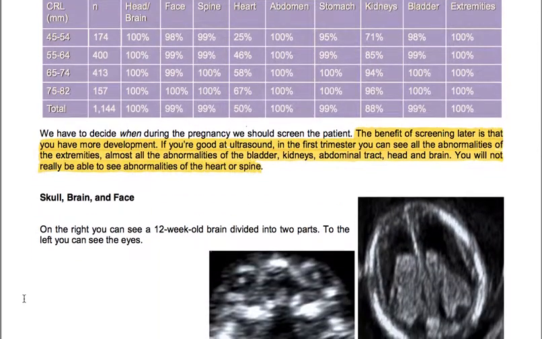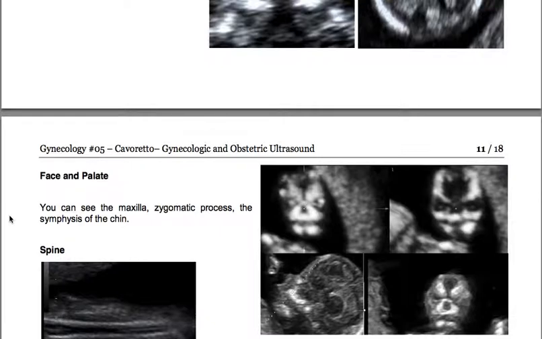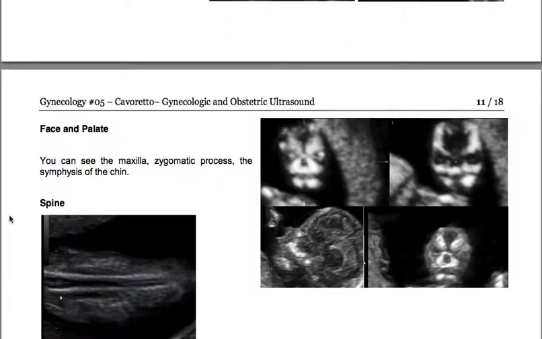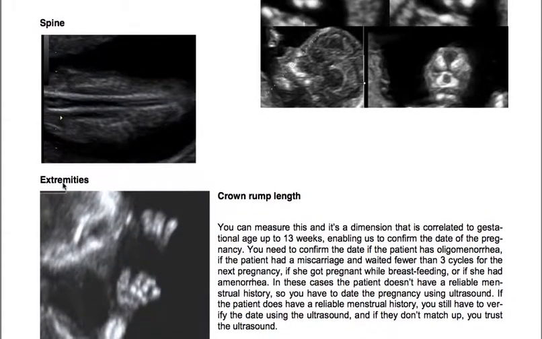Skull, brain, and face. The eyes, the skull. Here we see the face and the palate, symphysis of the chin, zygomatic process. You can see the extremities, the spine,